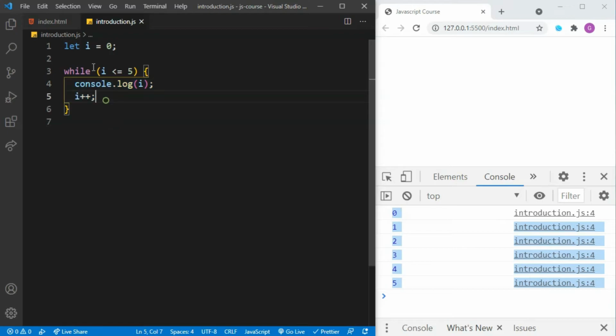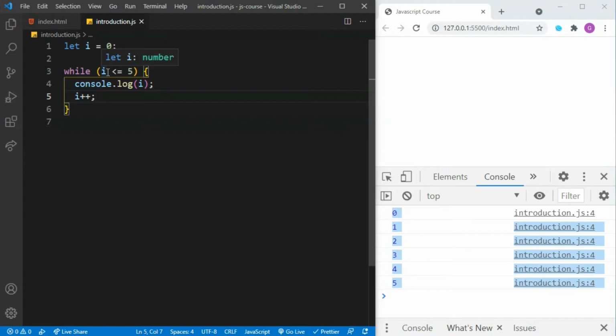As you can see over here, the i value was 0. It's going to check whether 0 is less than or equal to 5. It becomes true, so it's going to print out i and increment i, so here it becomes 1. So again the iteration continues. It checks whether 1 is less than or equal to 5, it becomes true. Again it enters this loop and prints out this 1 here. Again here it's going to increment.